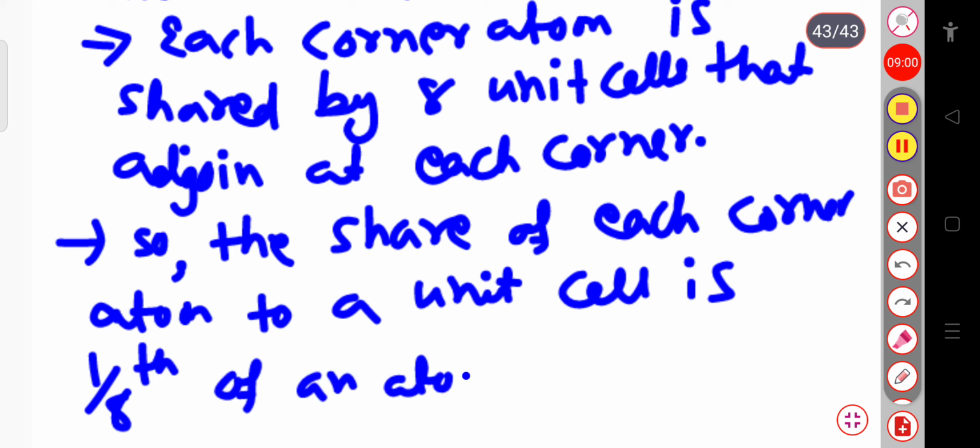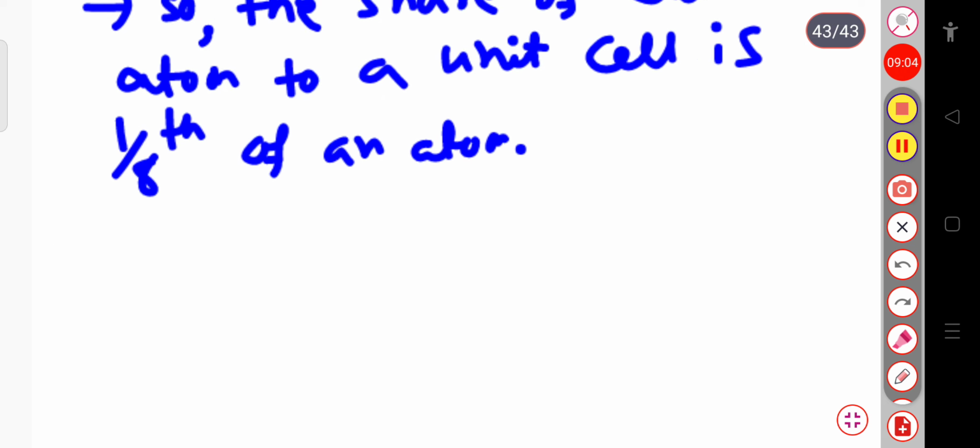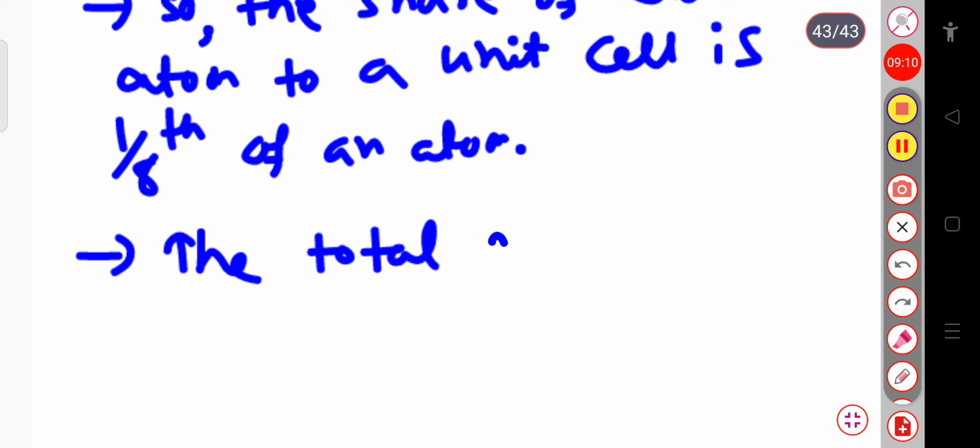So the total number of atoms per unit cell is,